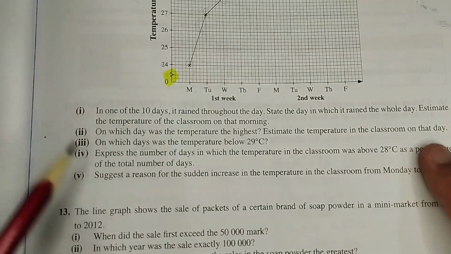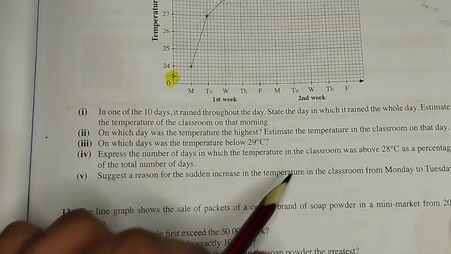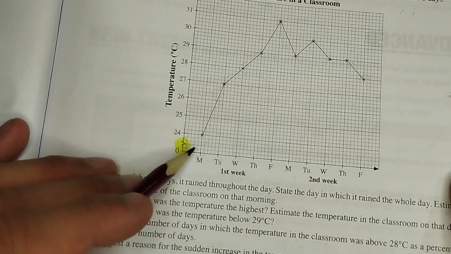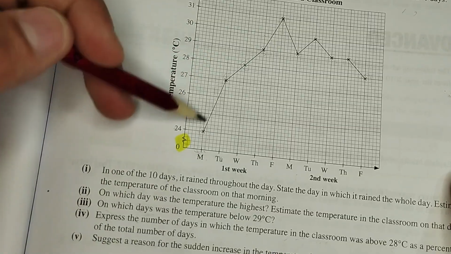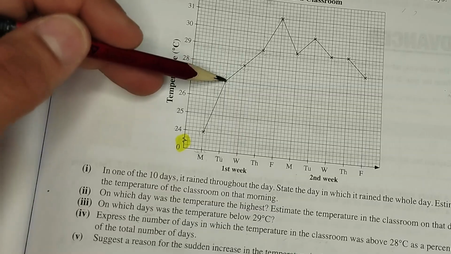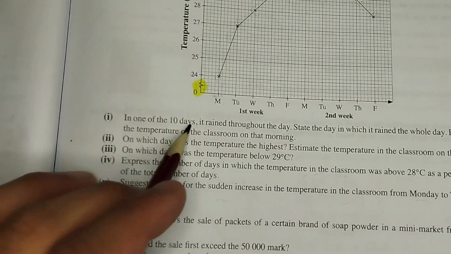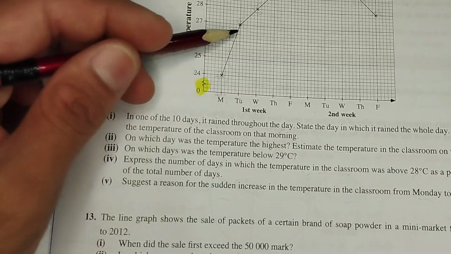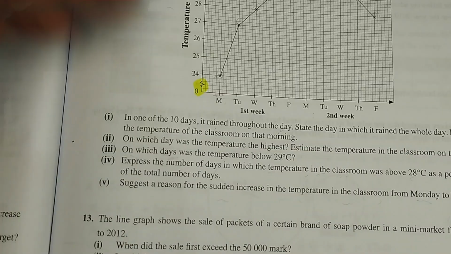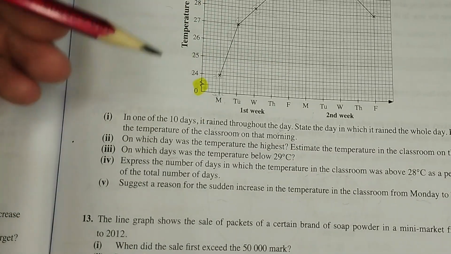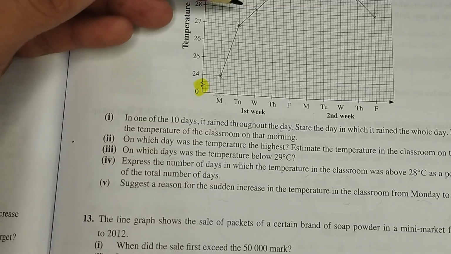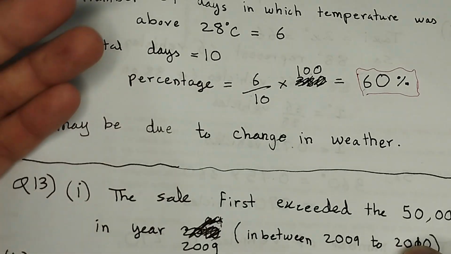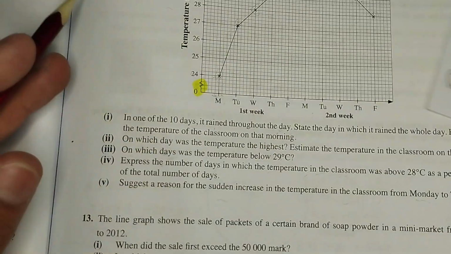Okay, now they're asking us to suggest a reason for the sudden increase in temperature in the classroom from Monday to Tuesday. They're talking about this Monday to Tuesday, right? As you can see, there's a sudden increase in temperature. Now we already know that it rained throughout the day on Monday. On Monday we had rain the entire day, but on Tuesday that's not the case anymore. The rain is gone. So a very good reason for this sudden change in temperature is the change in weather. The rain was on Monday, there is no rain on Tuesday. That's why we had a change in weather, and that's why we have an increase in